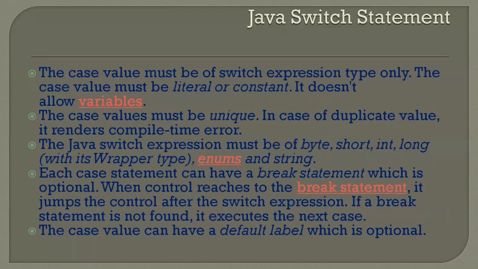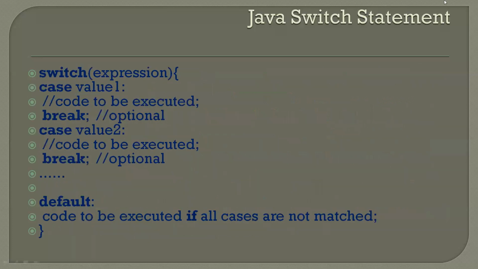Right, I will explain the syntax of the switch statement. Here for the switch statement, we have an expression. This expression may result in any one of the values. If the value is 1, this code will get executed, the things which are in green color. If the value is 2, this code will get executed, which is in the red color. If no values are matched, then it will execute the default one.